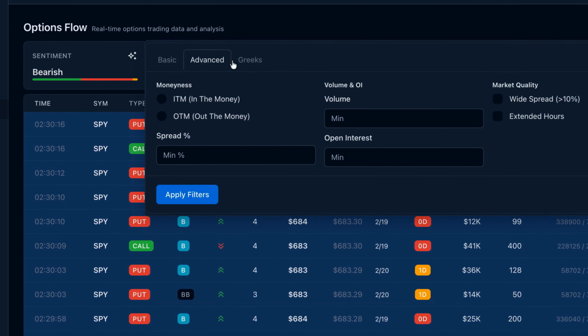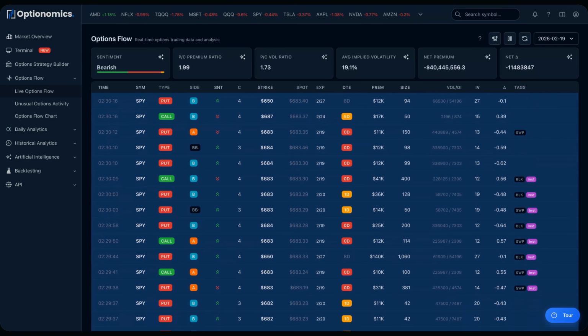That was how you can use our Live Options Flow feature to perform various types of analysis on